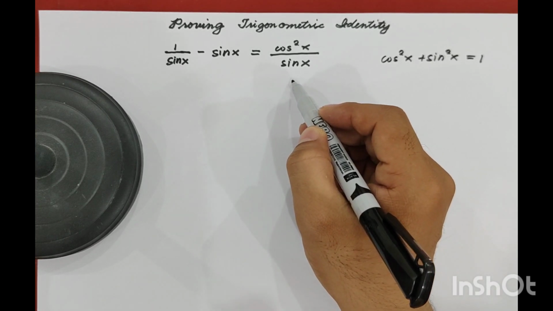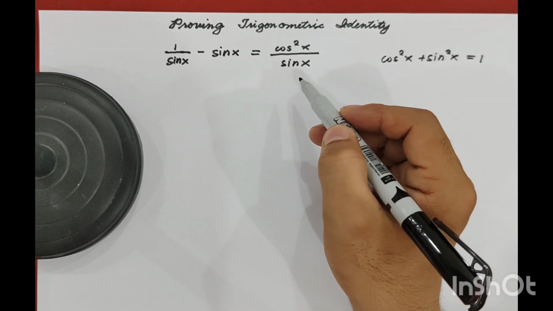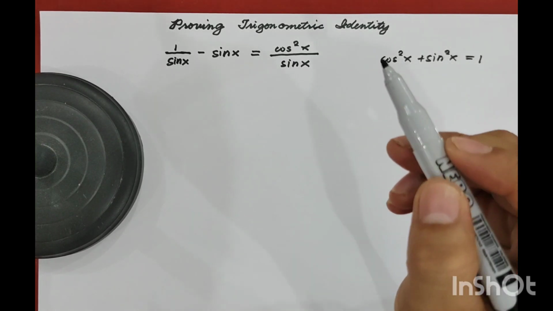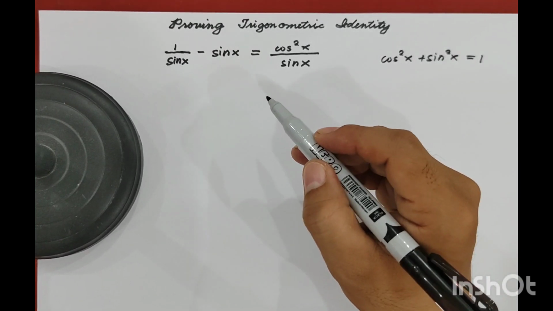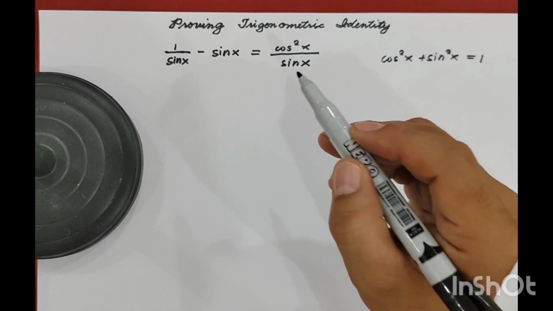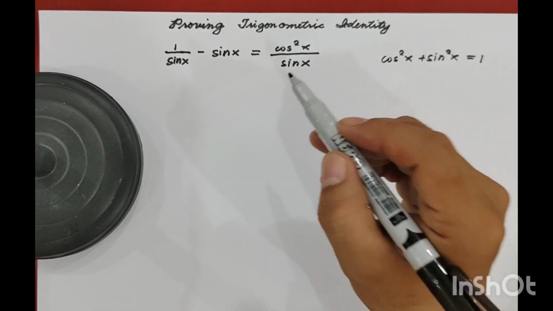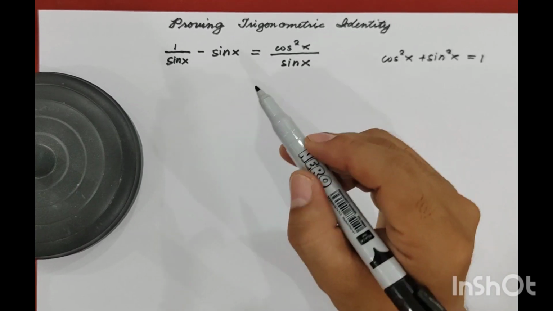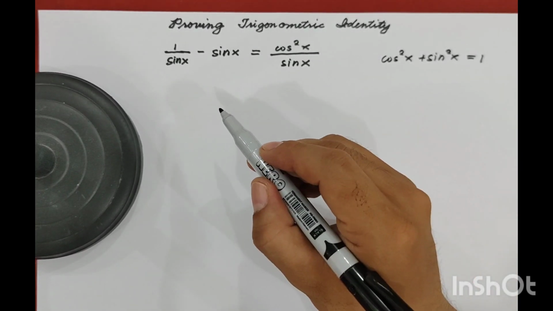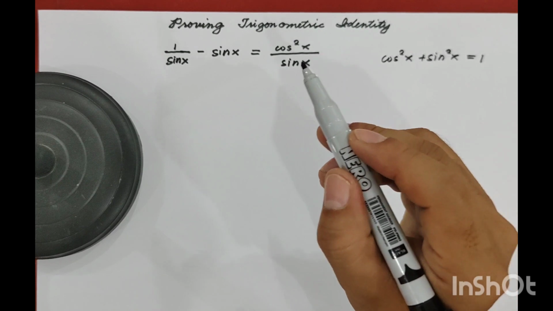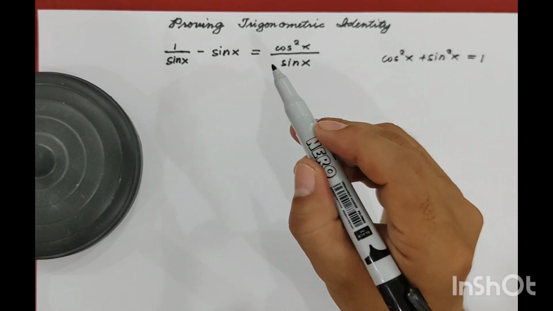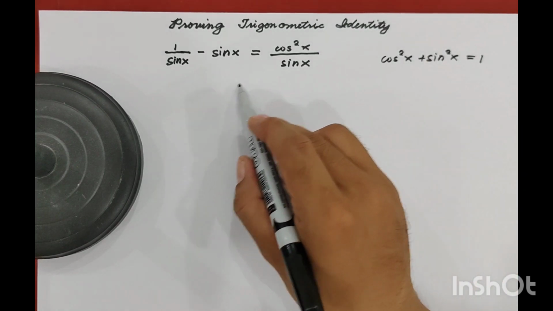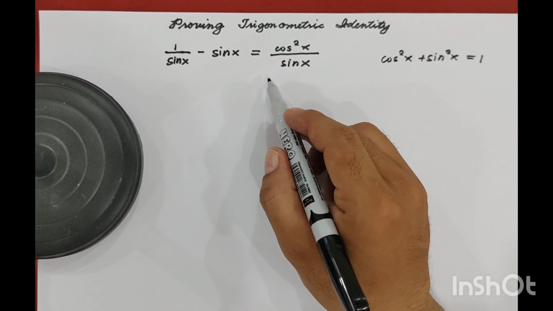But there is no well-defined set of rules to follow in proving trigonometric identities. But as a product of experience, guys, the process of proving trigonometric identity is best learned by much practice. So that's why today we are going to practice on how to prove a trigonometric identity. Okay? So let us prove this given equation or equality.